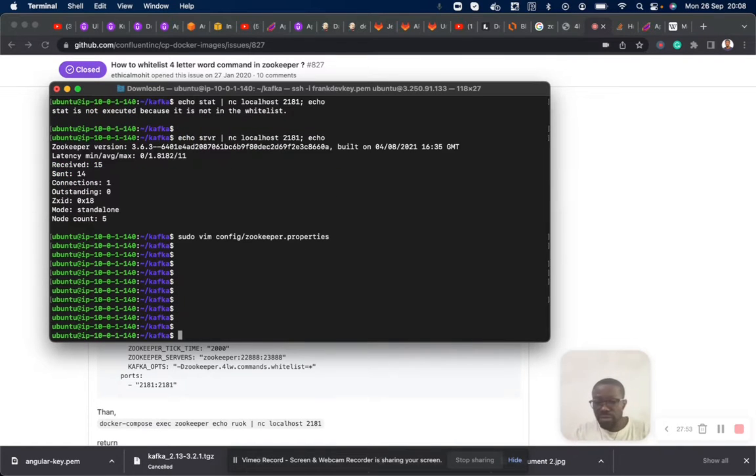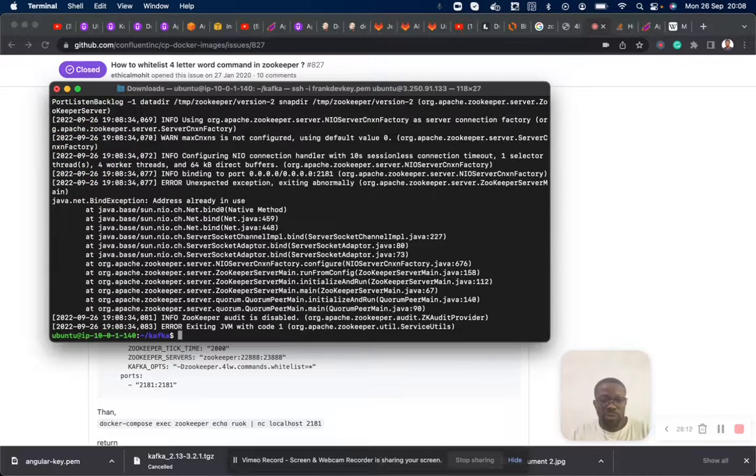Save and quit. So I'm going to restart Zookeeper, the same way, bin slash zookeeper-server-start, config, and zookeeper. This is going to drop an error because it's already up and running.